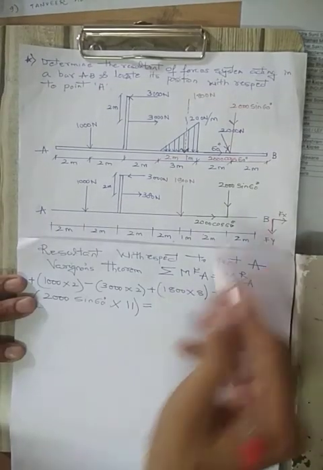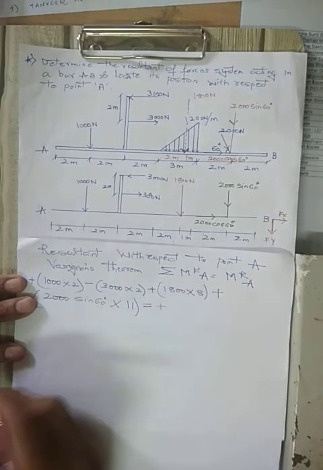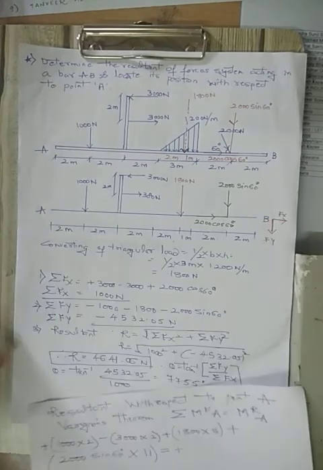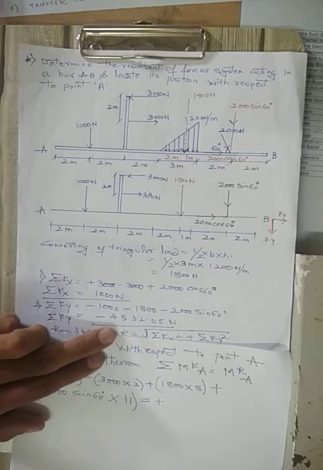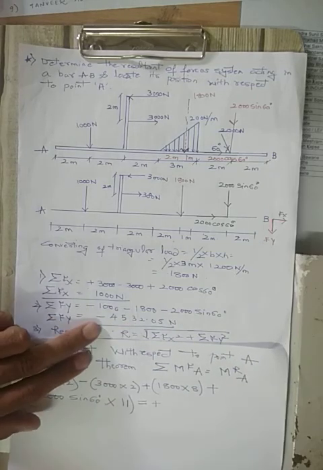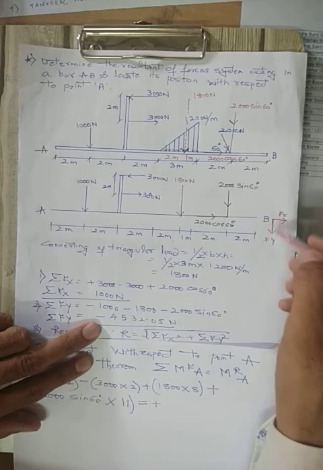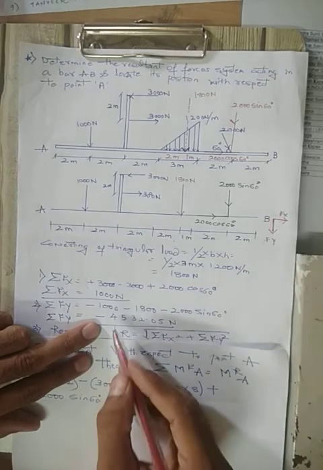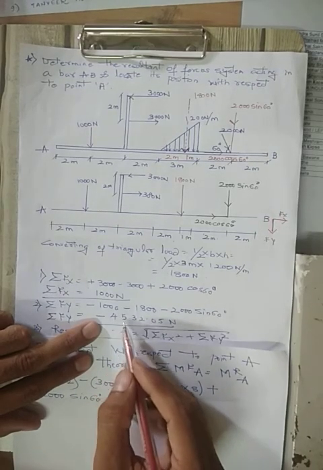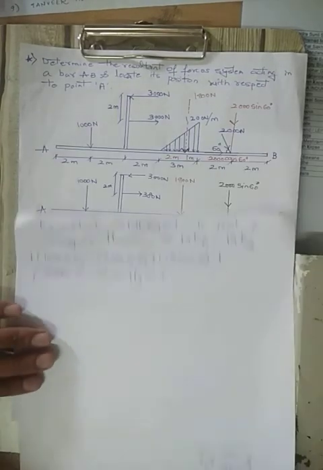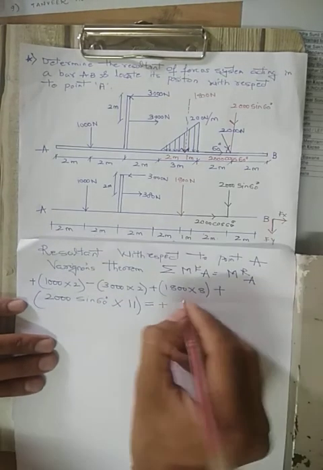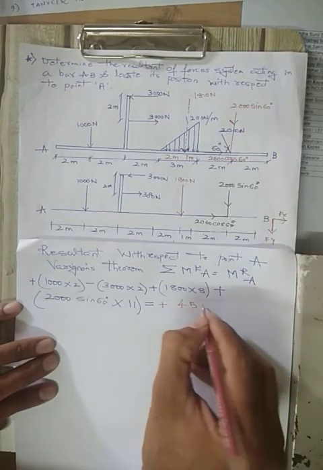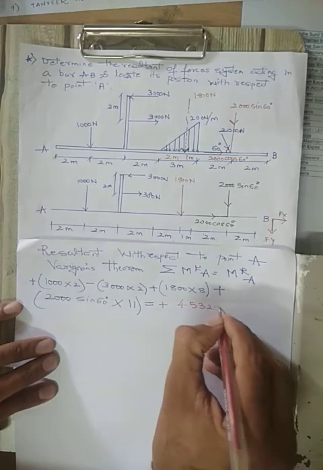Y is clockwise. So plus Fy. What is Fy in this case? We have calculated Fy. What is the value of Fy? It is 4532. We will not take minus. Downward indicates minus, so once we have shown it in the downward direction, there is no use of this minus sign once again. So directly we will use the value of 4532.05.